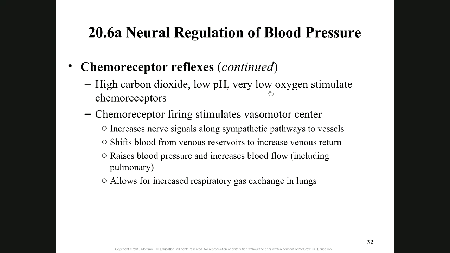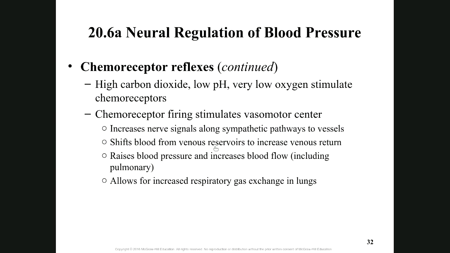The chemoreceptors fire, and they increase the nerve signals along the sympathetic pathway to the blood vessel. They shift blood from the venous reservoir to increase the venous return. Do you remember the veins are the biggest reservoir of the blood? At this time, the veins go to vasoconstriction and send their blood to our heart and to the other part